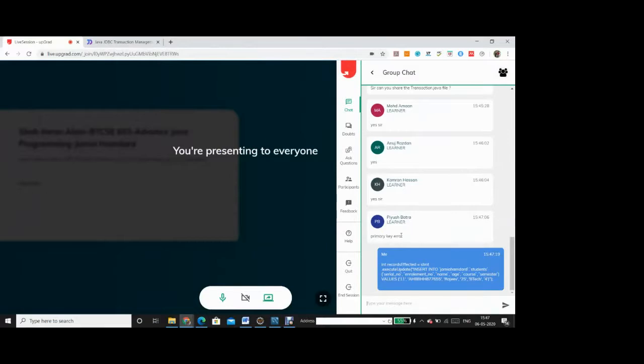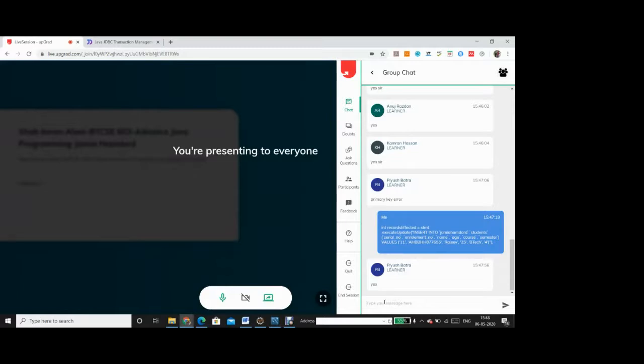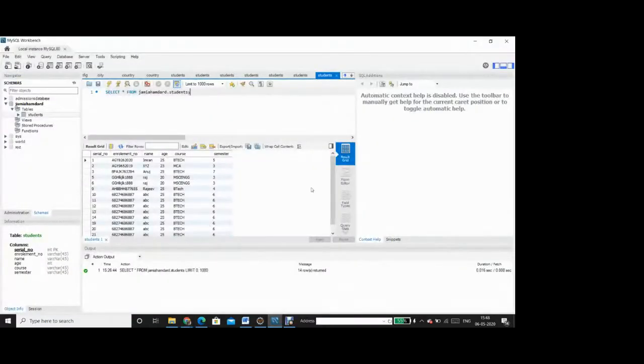So Piyush says primary key error. Yeah, Piyush, basically not the primary key error, but the duplicate entry. It will complain of the duplicate key. It will treat it as a duplicate record. So the message that you will get is very similar to duplicate values being inserted. So basically, you get an exception. If I want to insert the record, then I must insert with a serial number that is after 21 or any serial number which does not exist already. The record with serial number 21 is already inserted.